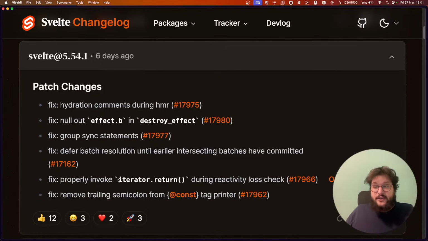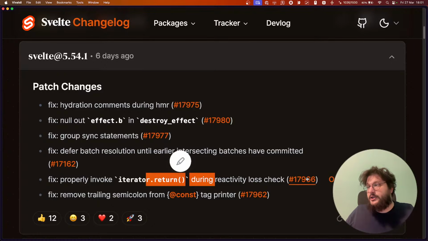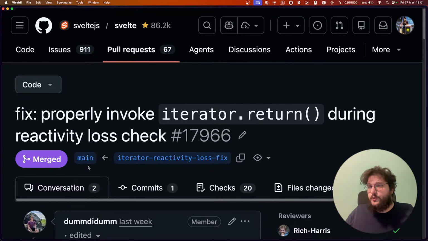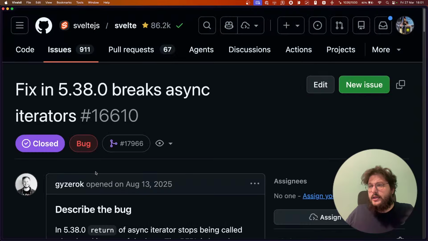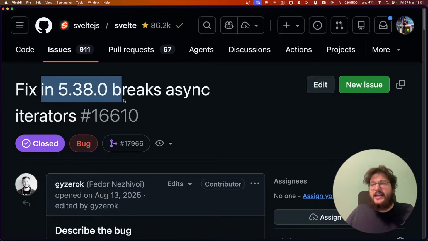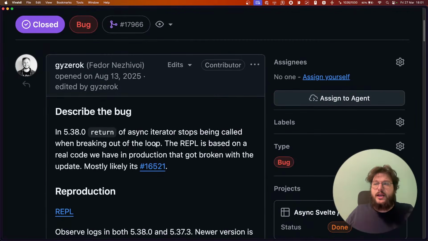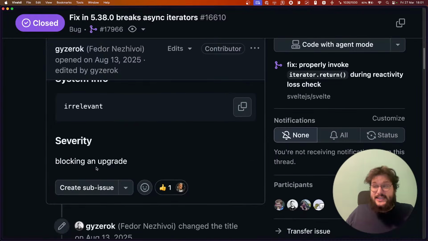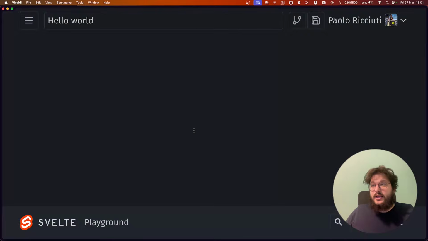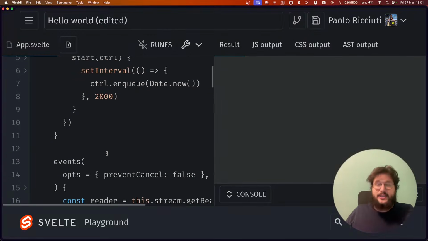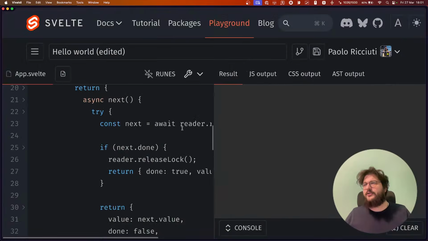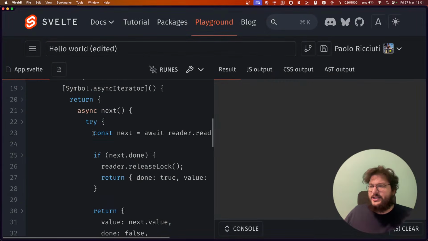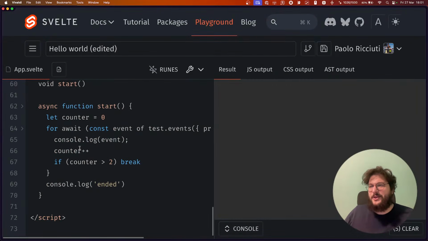And the problem was that if you were using an iterator, we were not properly calling iterator.return, and this probably led to breaking async iterators. So basically, if you were using an async iterator like this, and iterators are something that is just too big of a reproduction for this.